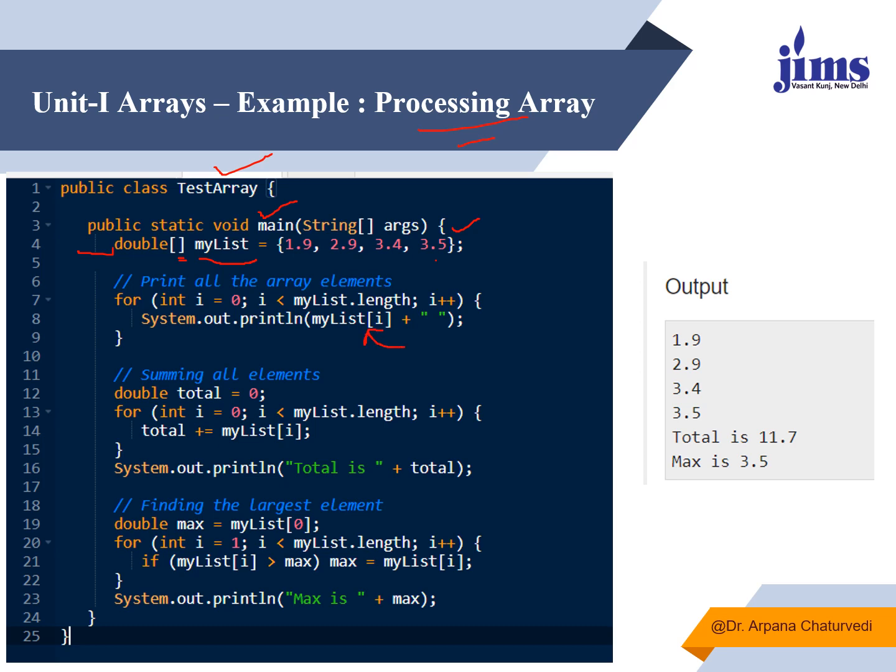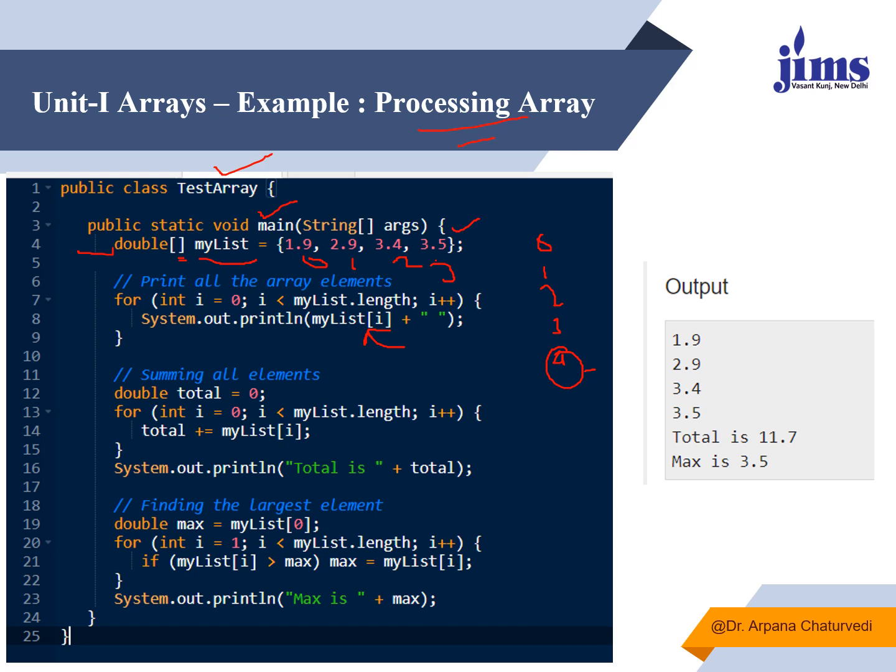Again and again I am printing the value of myList with the subscript position i, which keeps on changing from 0 till 1 less than the length of the array, which is 4. It will print the 0th position, then 1, then 2, then 3, and once it becomes 4, it will come out of the loop, because the positions in which values are stored are 0, 1, 2 and 3.